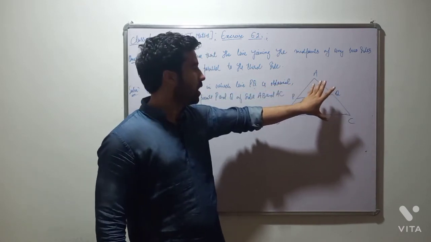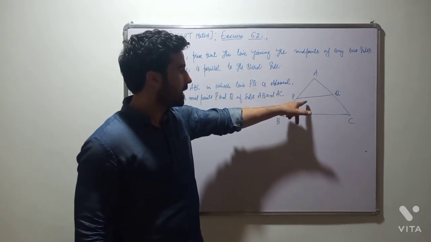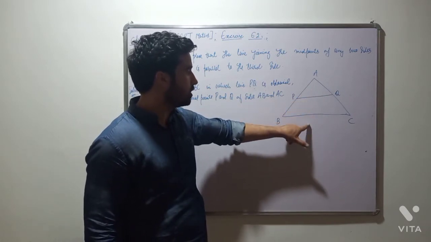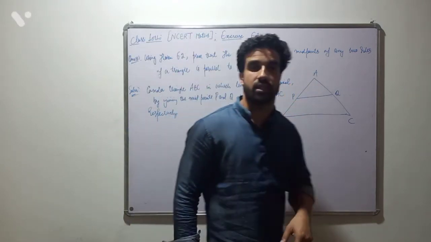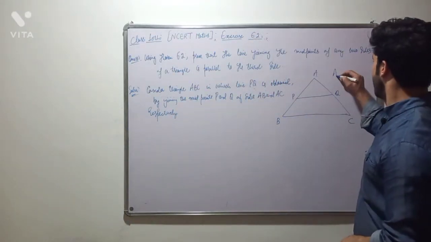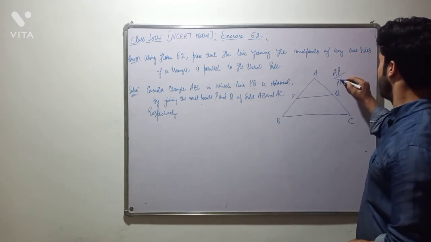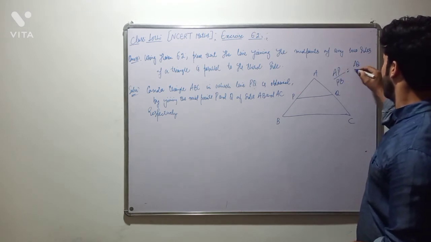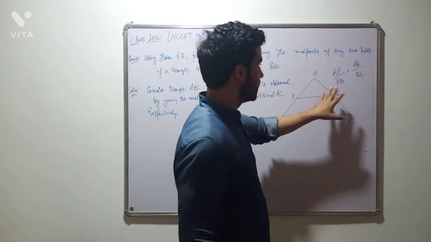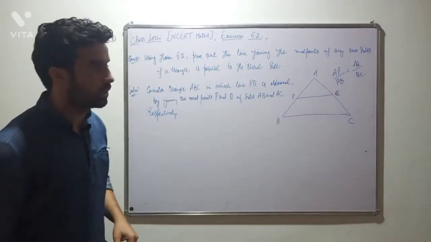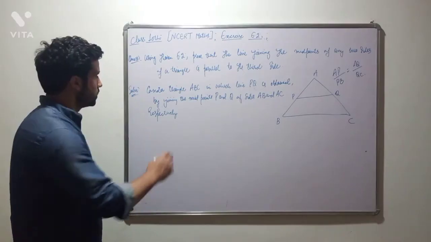ओके तो ये प्रूव करने के लिए कि भाई ये जो लाइन है दिस इज पैरेलल टू BC, वी विल प्रूव दैट दिस PQ divides this AB and AC in the same ratio. This means we need to prove AP divided by PB is equal to AQ by QC. ठीक है, तो अगर हम ये प्रूव कर सकते हैं, दिस मीन्स दैट वी हैव प्रूव्ड अ रिजल्ट. ओके, कैसे प्रूव करेंगे, तो देखिए